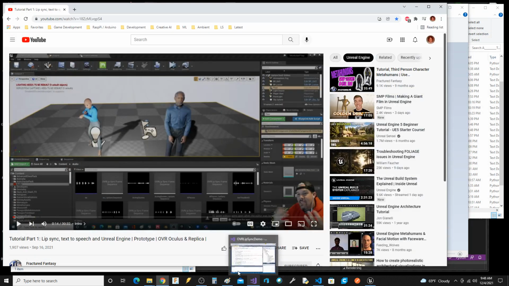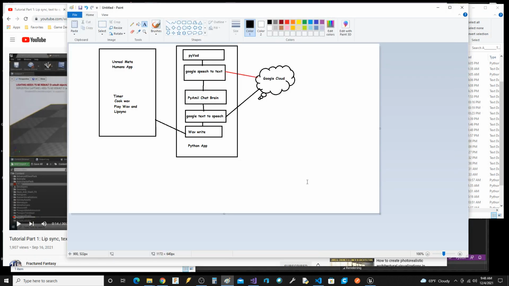And we'll real quick do a what's getting ready to happen. So you all, if you've been following me, have seen the Python app that I integrated the Google APIs for, text to speech and speech to text. And you got to have a Google account to do it. I've done this in C#. Got it working in Python. And this is kind of my go-to thing right now. And what you see in the middle here is this PyAML chat brain.